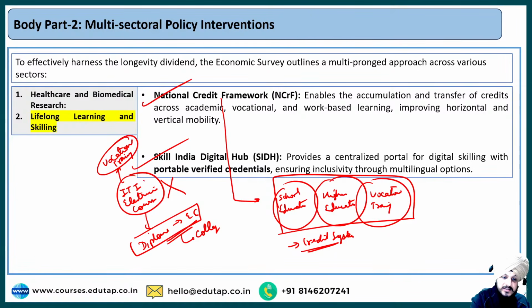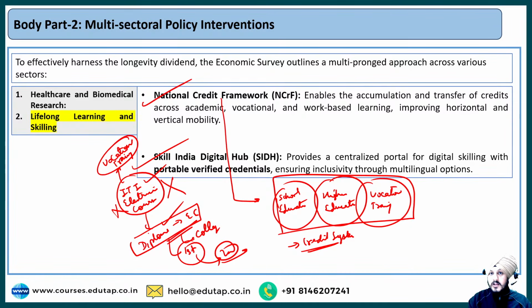So after doing this ITI electrician course, when he goes for the diploma, what colleges used to do, they used to enroll him in the first year only. Now he will again start this diploma, then go to second year, then after that he is going to pass out, right? But this ITI electrician course that he did as a part of vocational training was not recognized.